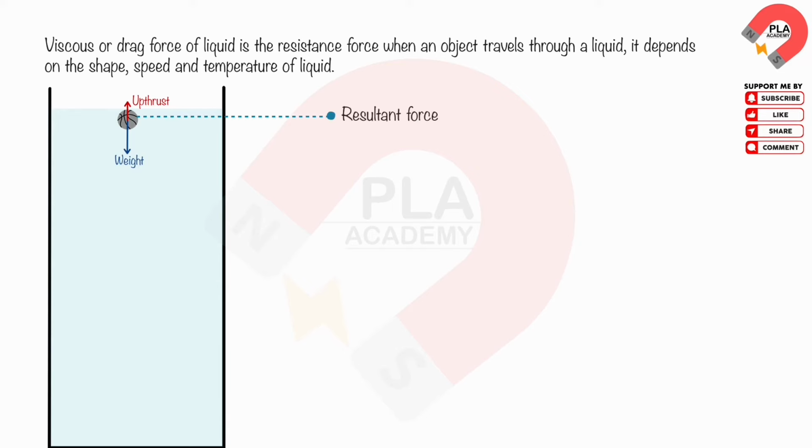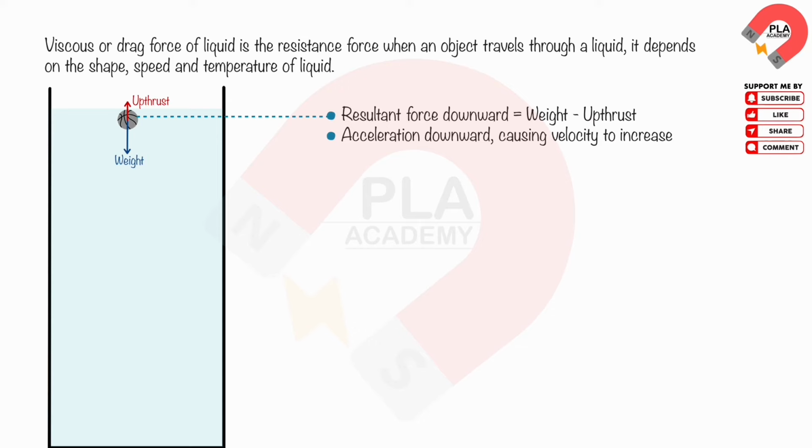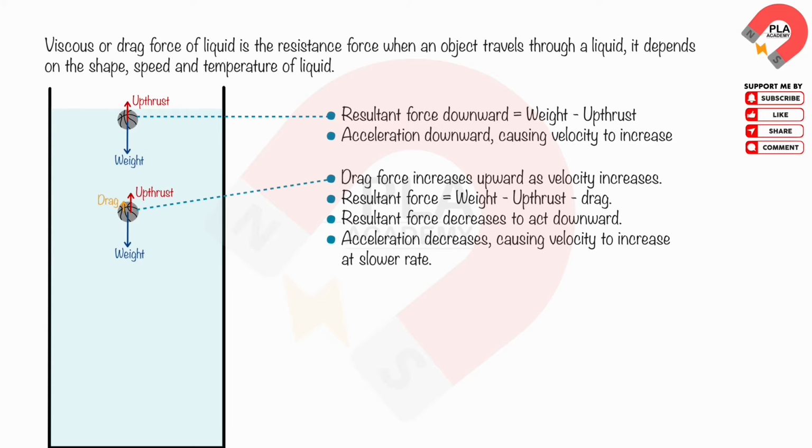At the start, the resultant force acting on the metal is weight minus upthrust, causing it to accelerate downward and its velocity increases. The drag force increases upward as velocity increases, so the resultant force is weight minus upthrust minus drag force, causing the resultant force to decrease and act downward, leading to the acceleration also decreasing and the velocity increasing